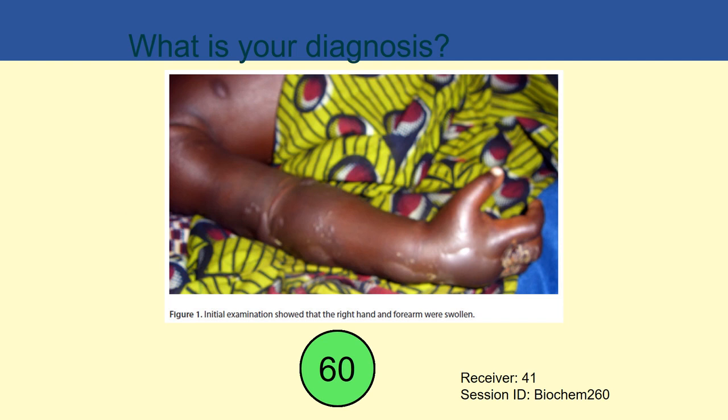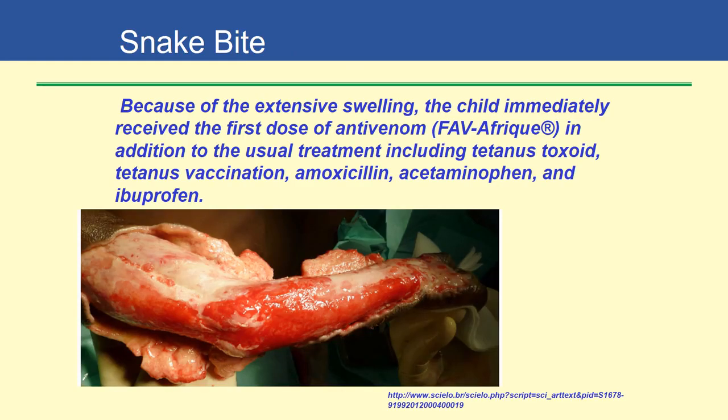Here's a picture of the initial examination. What's your diagnosis? The diagnosis was snake bite, and because of the extensive swelling, the child immediately received his first dose of antivenom